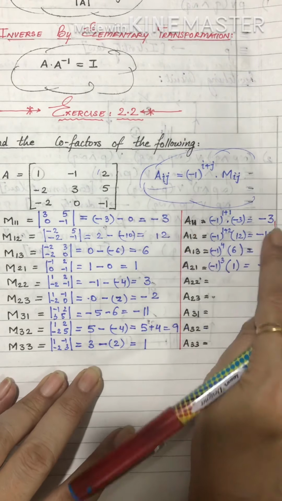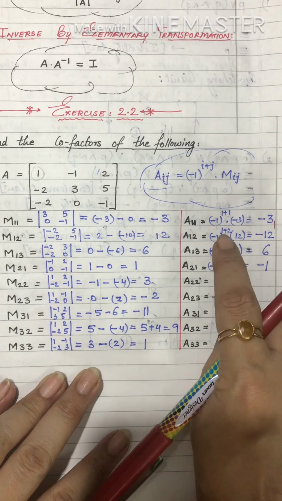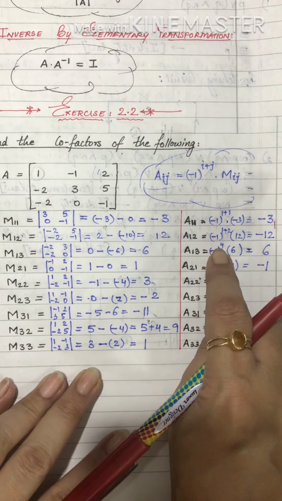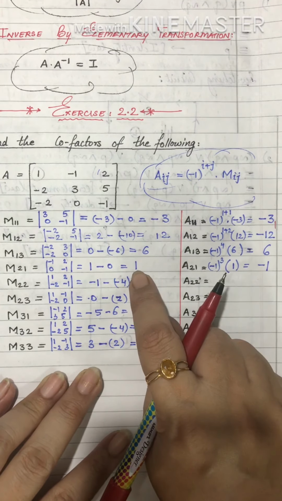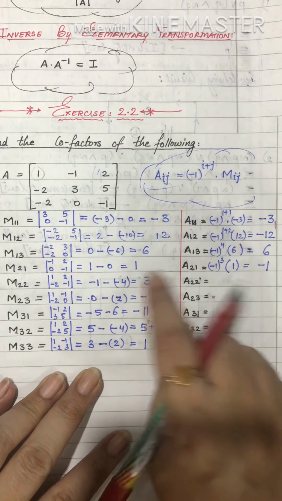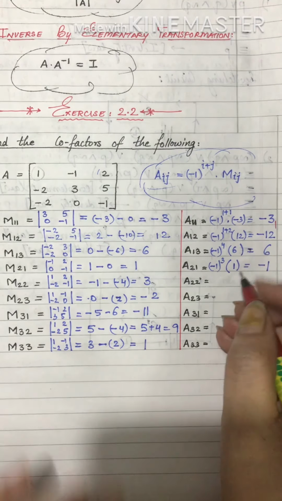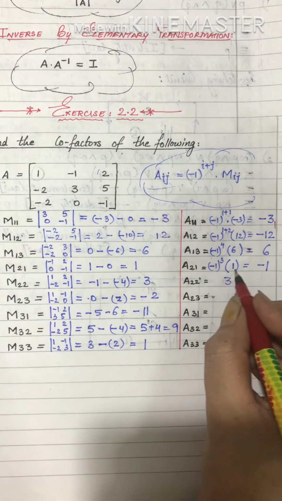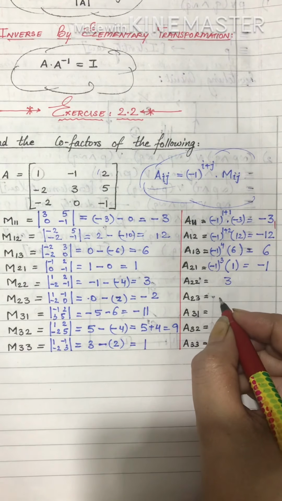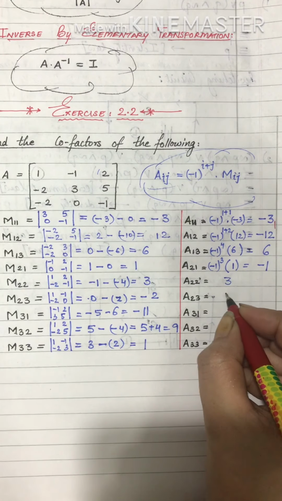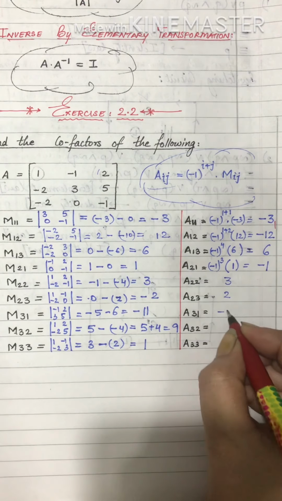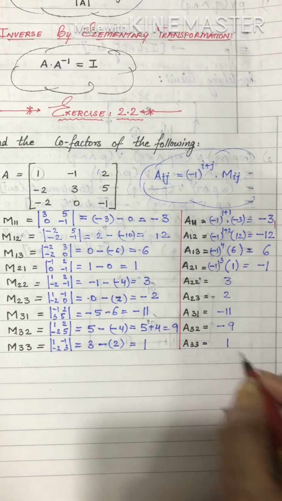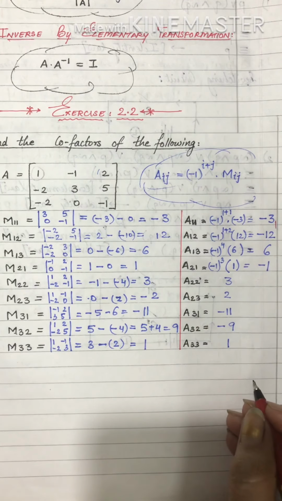Fine, see here, minus 12 because it is raised to 3, and then the same plus 6 because it is raised to 4, an even number. Then here it will change because it is raised to an odd number, so minus 1. Fine, so in this way we will get the answer directly, but you need to solve it and show. Now such shortcuts can only be used for solving sums during your entrance exams. Fine. Okay, this is how we will find the cofactors.